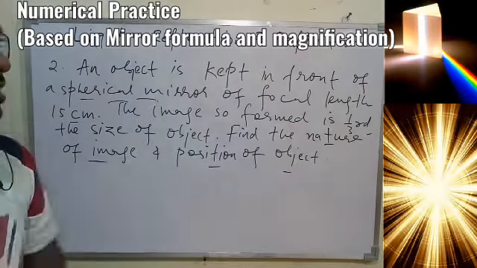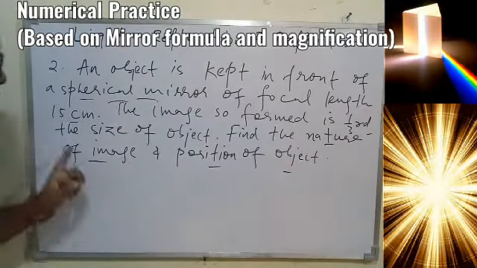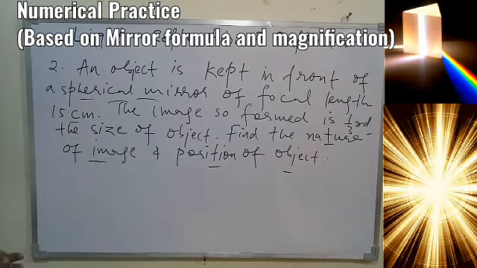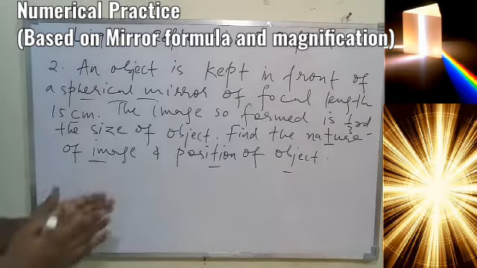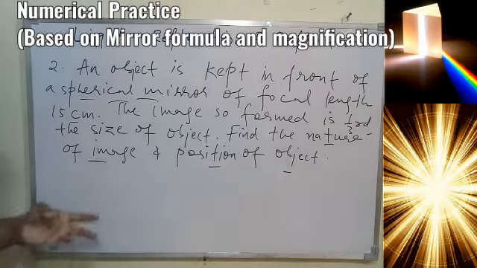But one more piece of information is given to us. The image so formed is 1/3 of the size of the object. So this is understood, the image is smaller than the object. Again we know an image smaller than the object is possible by a concave mirror also, and a convex mirror always forms a smaller image. So here also it's not clear whether the mirror is concave or convex. So overall the things are not so clear.